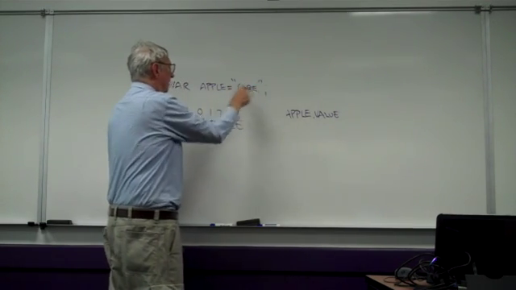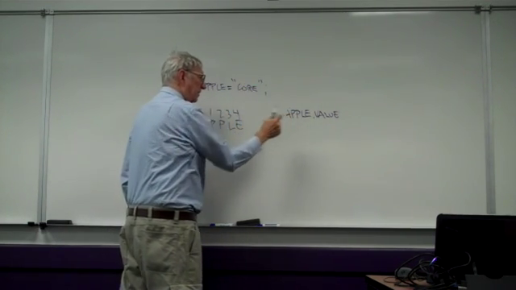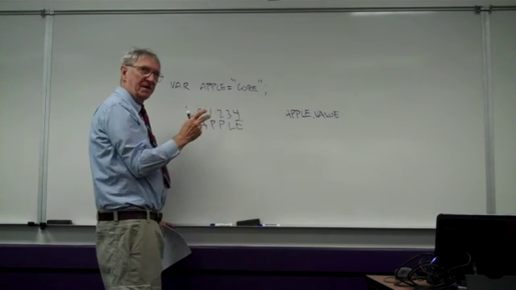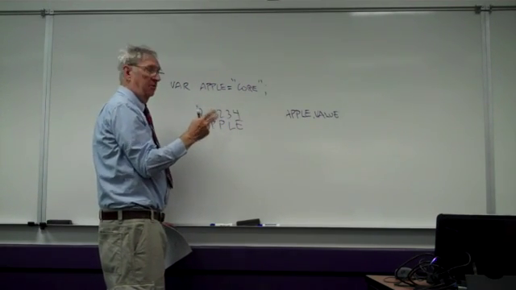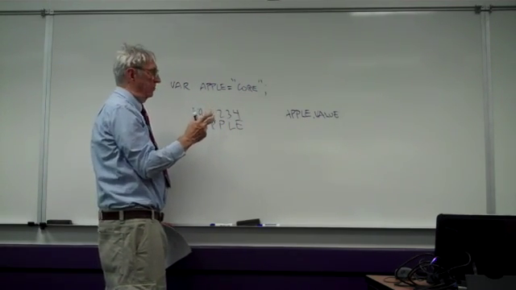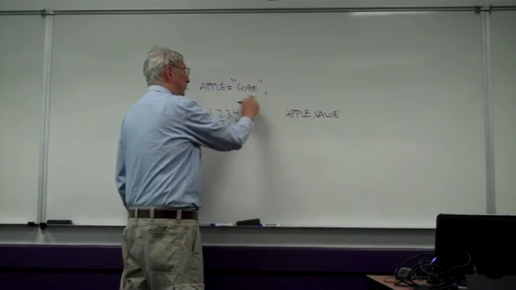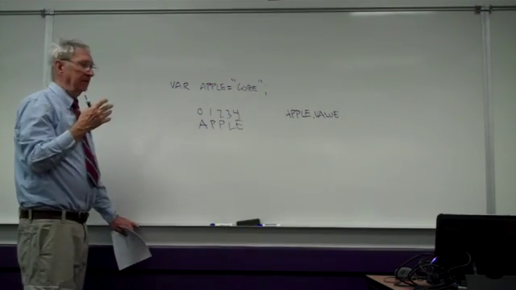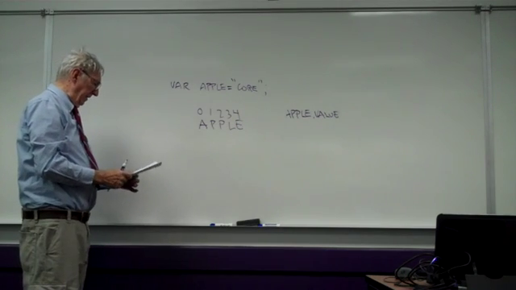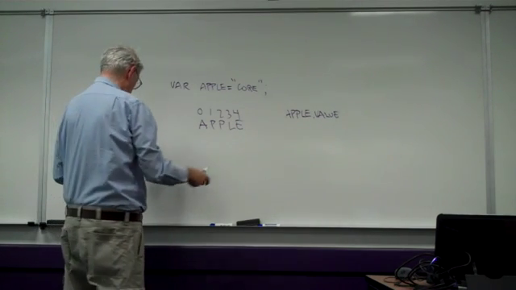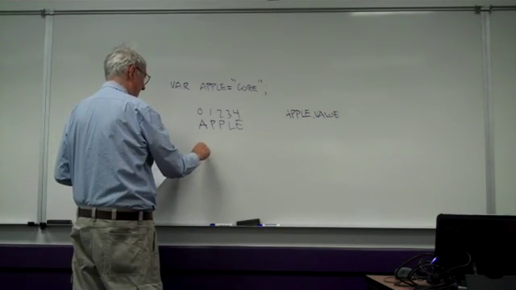So in this variable right here, the word core is actually in it. Apple is the name of the variable, but the actual contents of that variable is core. When we say apple value, that's what you get. You get the core of the thing. You don't get the length of it, okay? But it is possible to get the length of it by saying len